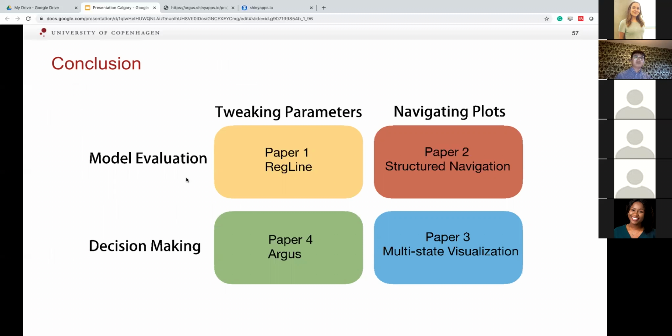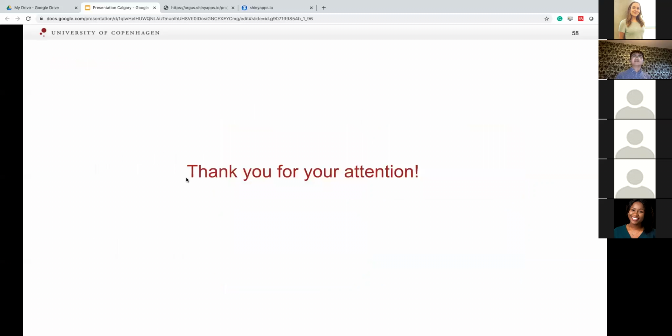Projects 3 and 4 focused on facilitating the decision-making process by improving the understanding of models. The four user studies suggest that our research has shed light on how the understanding of statistical models can be improved by tweaking parameters and navigating plots. That's it. Thank you very much for your attention.